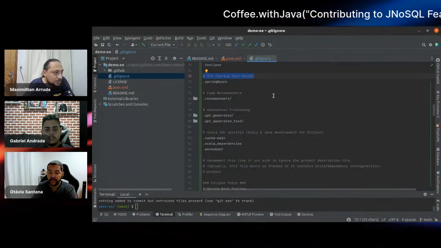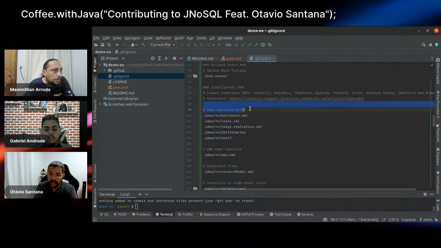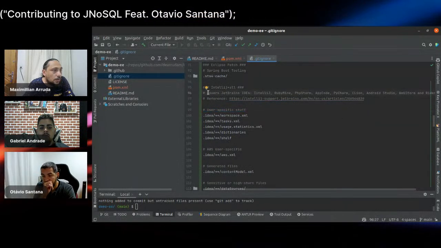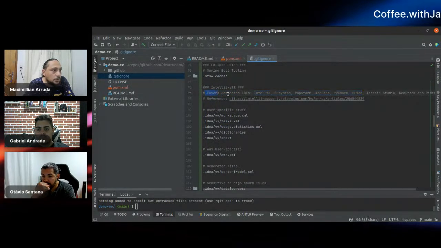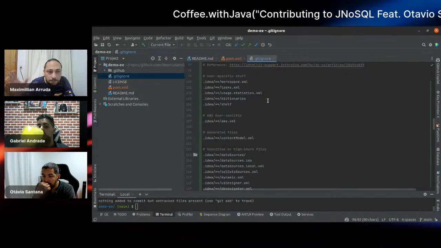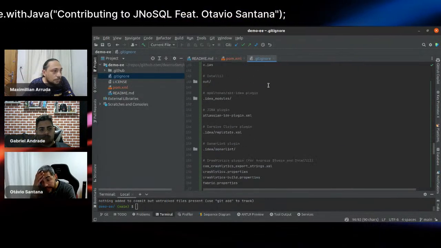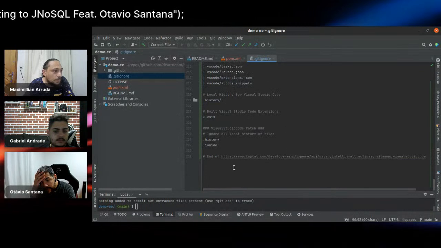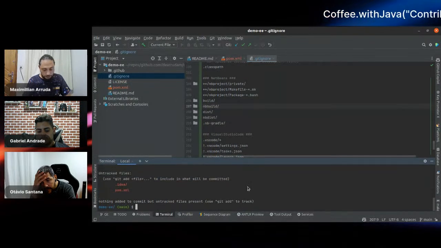Am I right? I think it's a special one. Right here, it covers all configuration files from the IDE, JetBrains IDE. So it could ignore a lot of files based on the patterns, I think. Yes, everything will be ignored, and with that, we don't need to care about IntelliJ files in our repository.